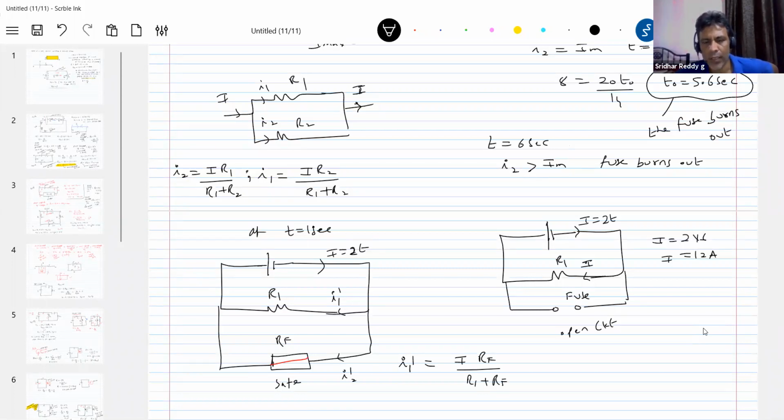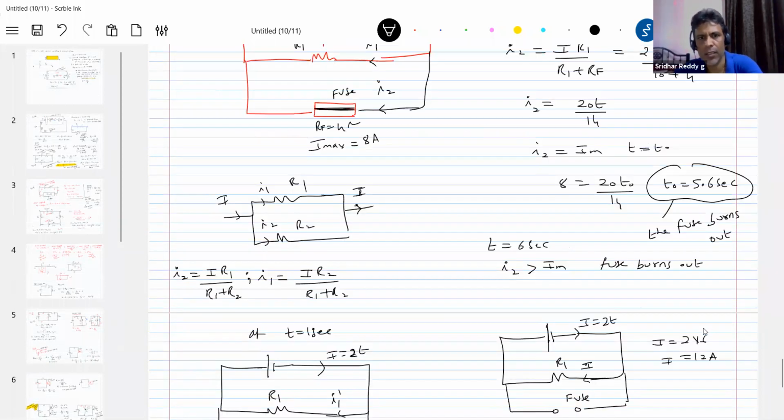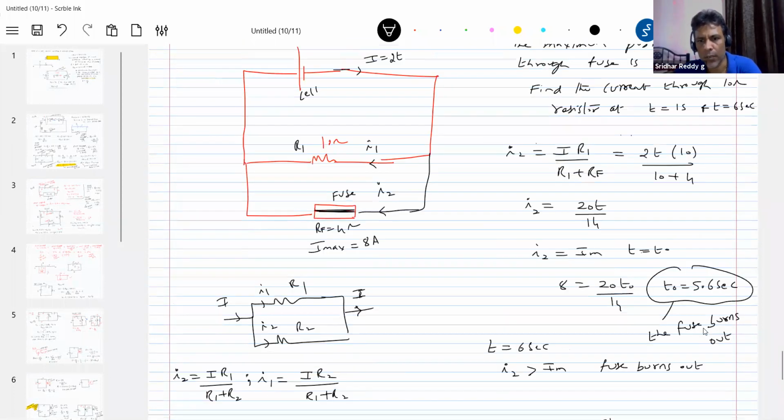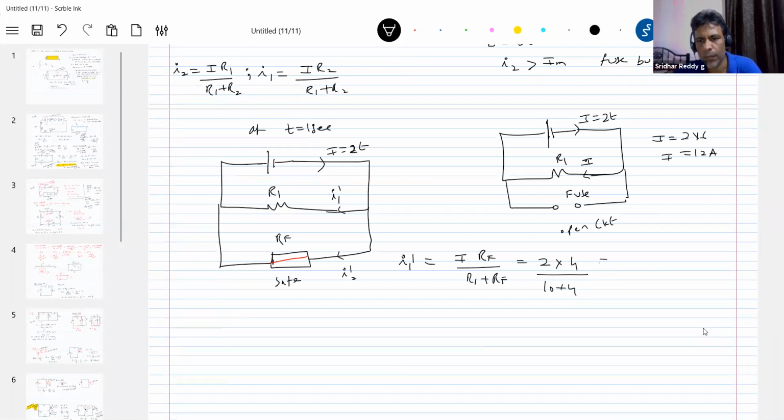At t equal to 1 second, this will be 2. RF value is how much? 4 ohm. 10 plus 4. 8 by 14 or 4 by 7. This much will be the current through the